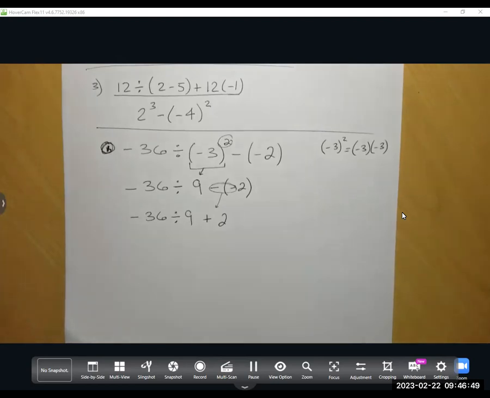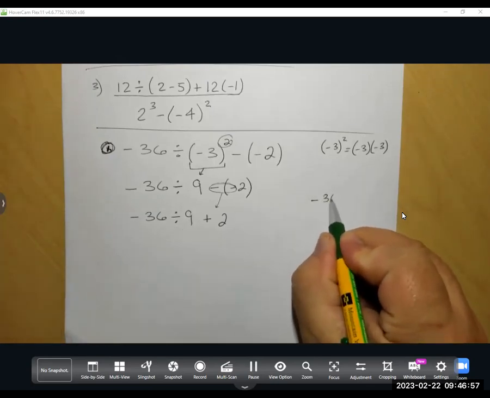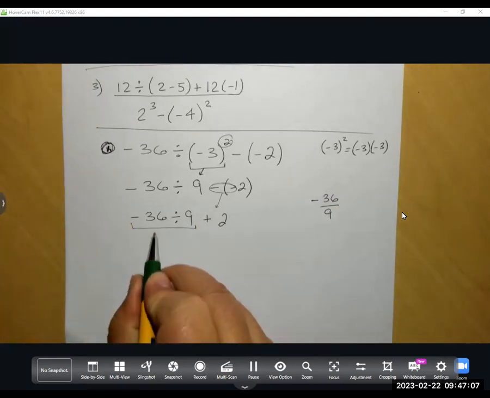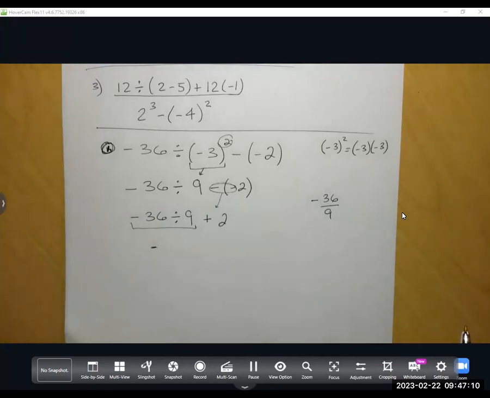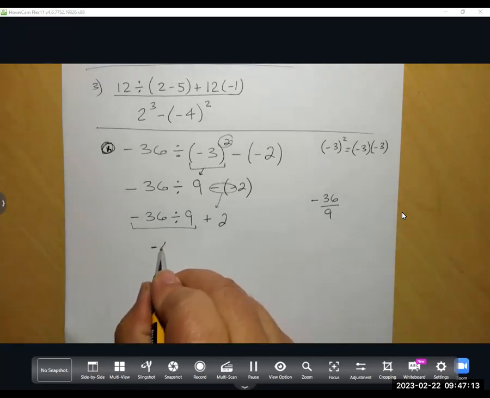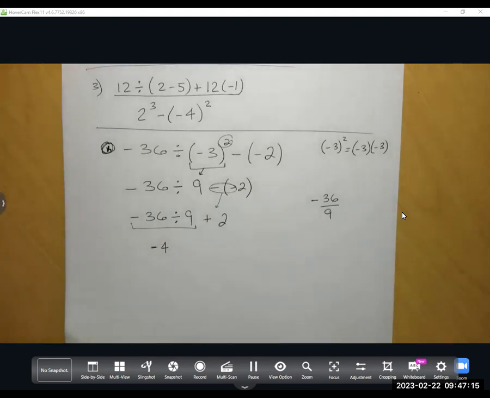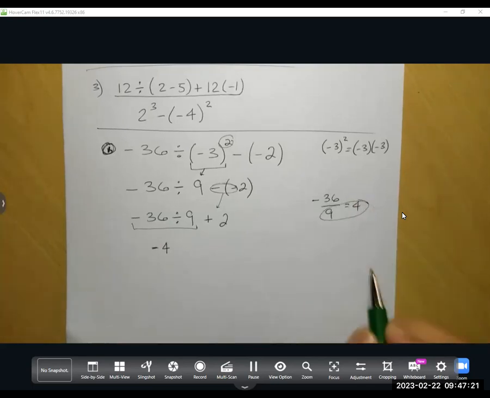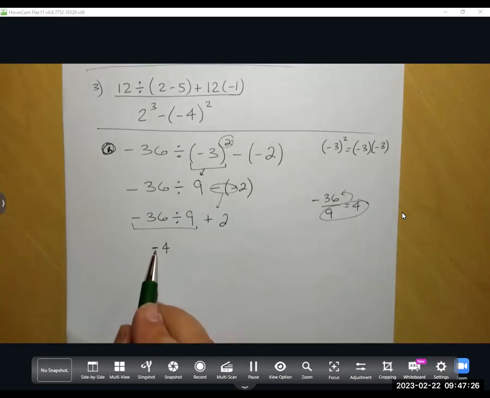No more special operations. So multiplication division. Is there a multiplication division? Yes. This is the same thing as 36 divided by 9. That's what that looks like. Is this going to be positive or negative? Negative. 36 divided by 9? 4. 36 divided by 9 equals 4. The way you can prove it is if you take these and multiply them, does it equal 36? So it's -4